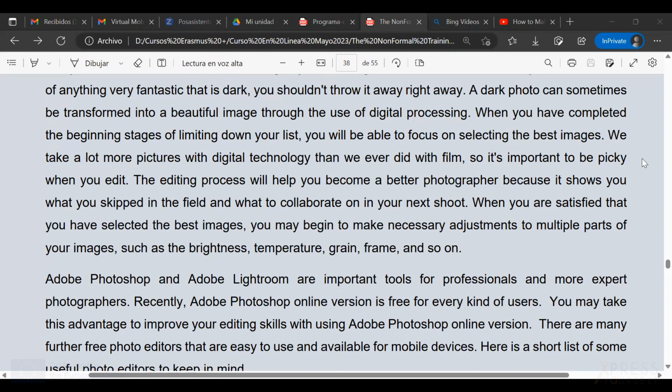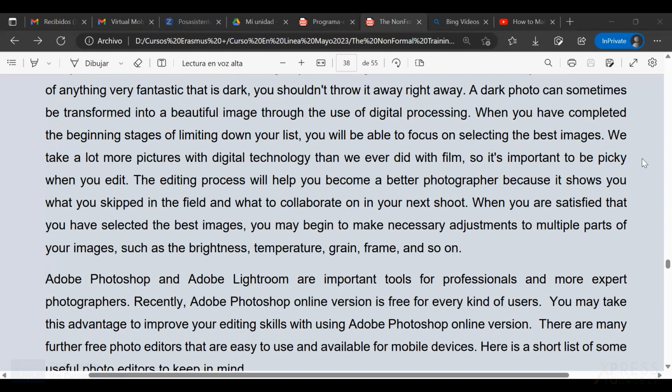That means when you edit a picture is the moment you realize that your position wasn't good enough when taking the picture, or that the light wasn't in the right direction, or that you included too many things or not enough things in that photograph. So when you edit is the moment when you realize how to improve your shoots the next time.